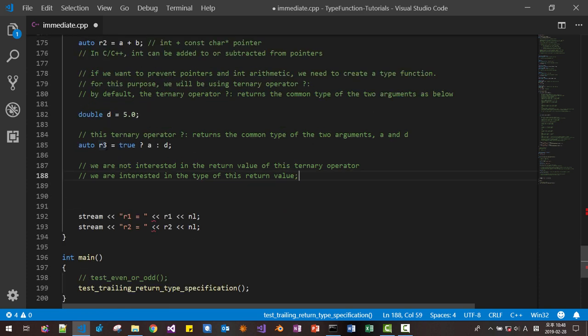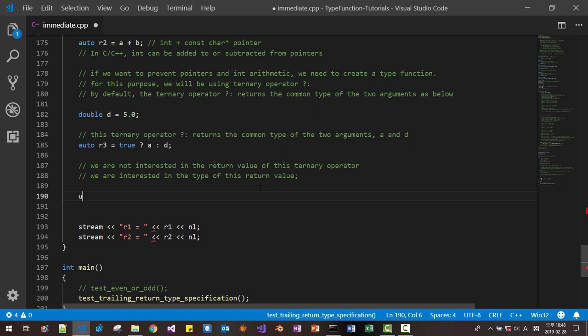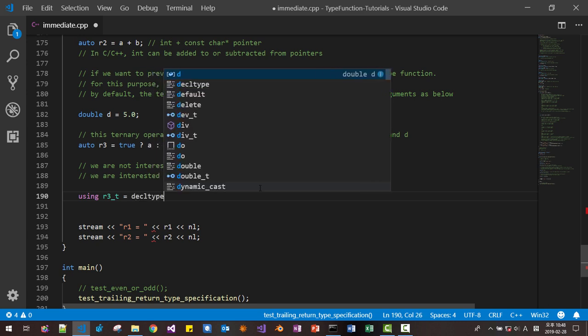So we want to find out the type of R3 like this using R3T, decltype(R3).